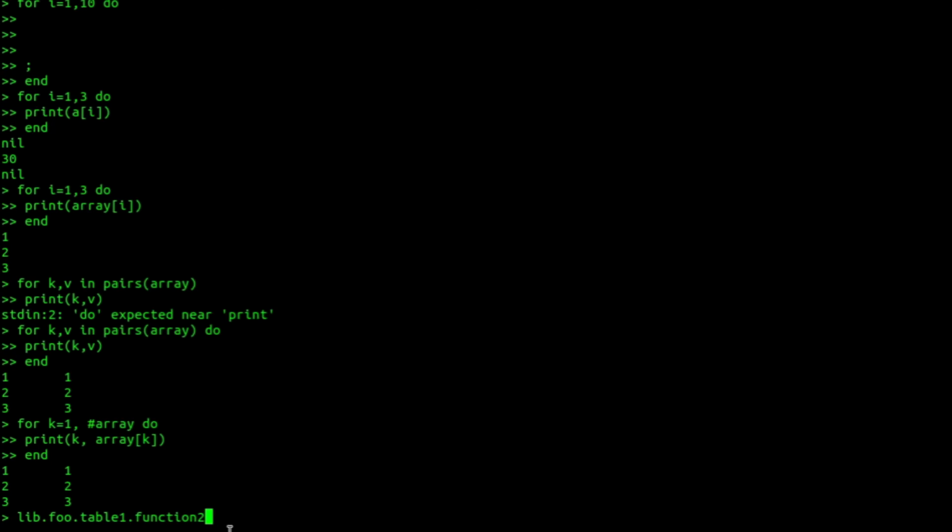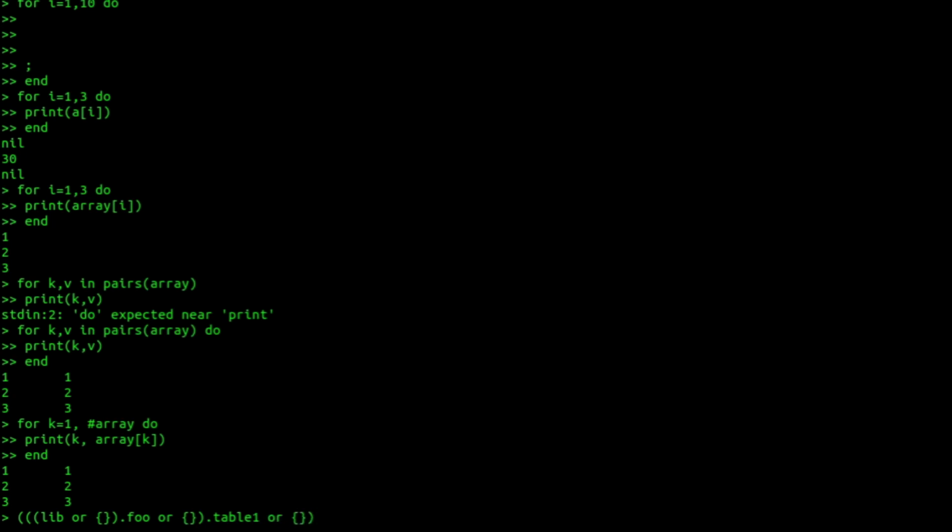So to have safe navigation in Lua, we can use this expression. What we can do is say (lib or an empty table).foo or an empty table, then dot, what I typed earlier, table1 or an empty table.